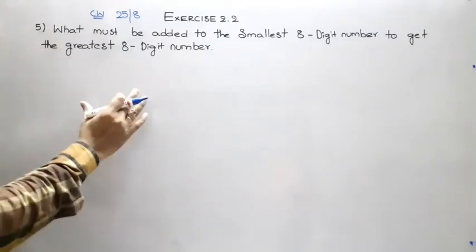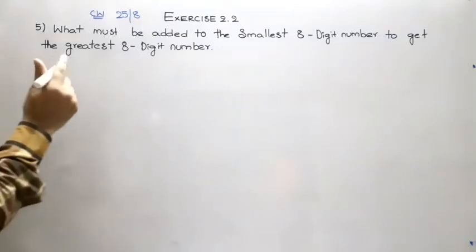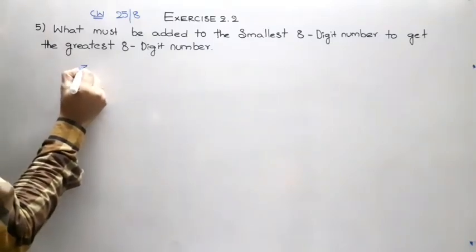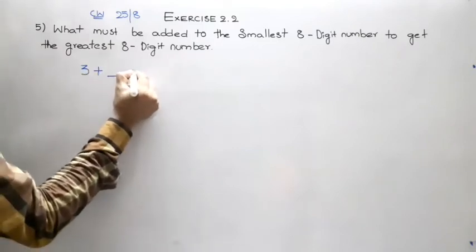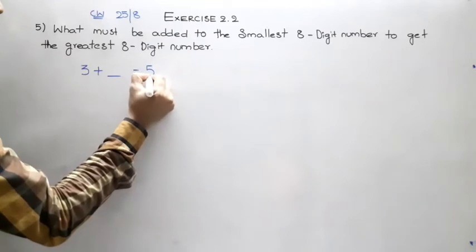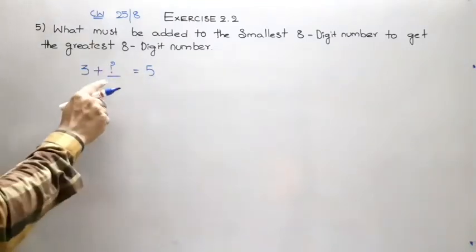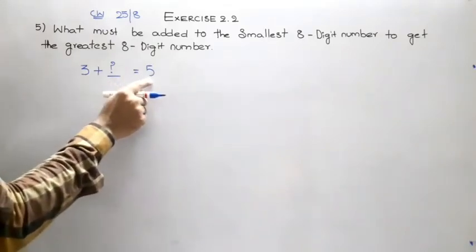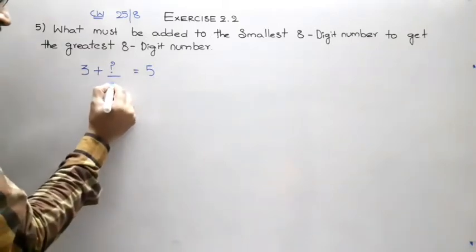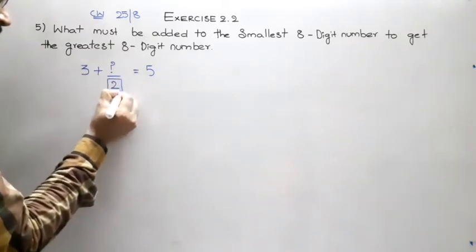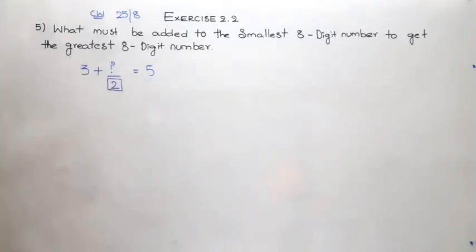So, just to understand the question, I want to give you an example. Just look. I am taking 3 and I want to add something to 3 so that the result is going to be 5. So, what I have to add to 3 so that the answer is going to be 5? Then you will say, we can add 2